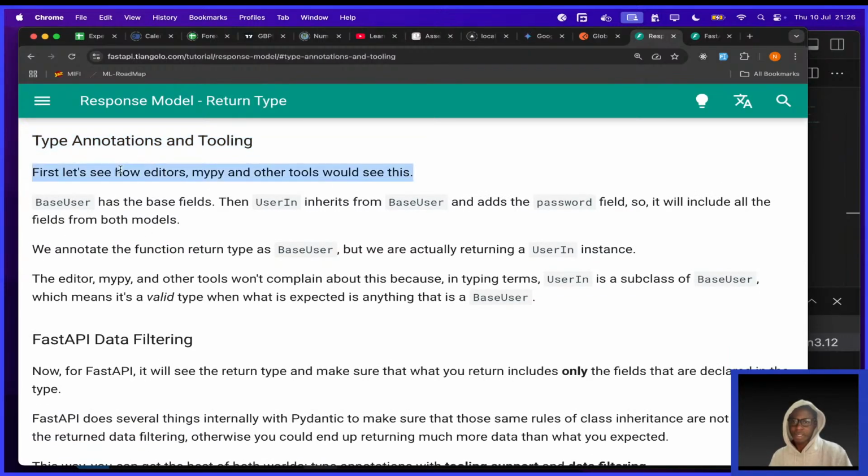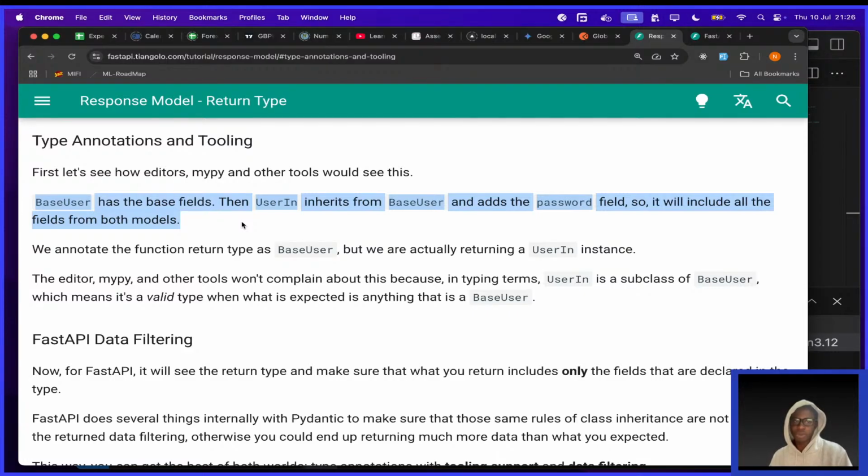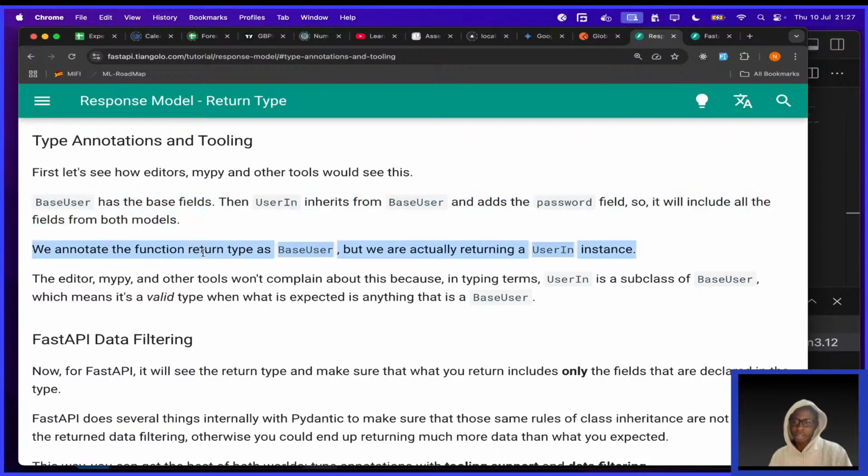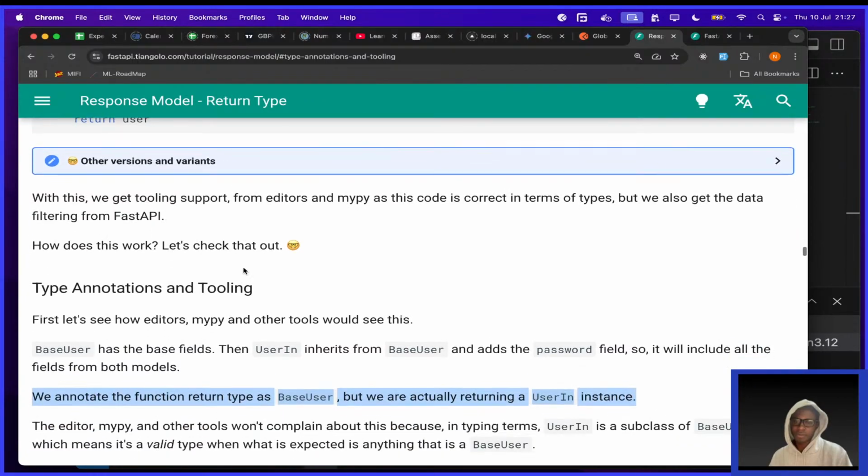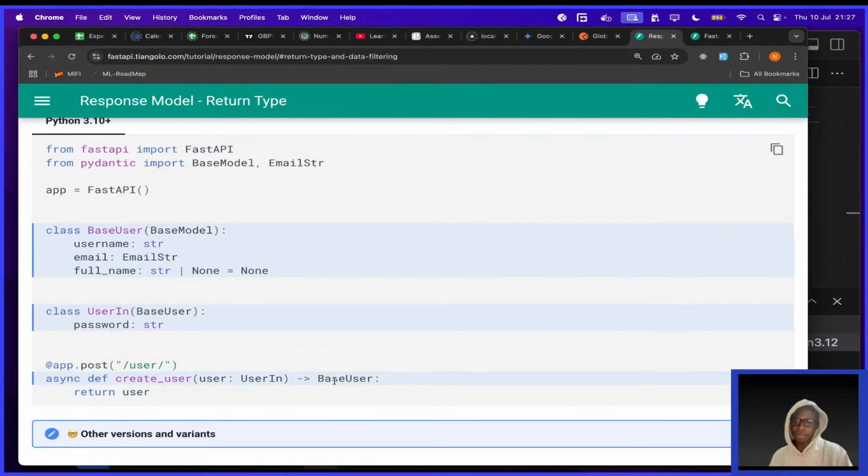First, let's see how editors and MyPy and other tools would see this. BaseUser has the base fields. Then UserIn inherits from BaseUser and adds the password field. So it will include all the fields from both models. Like we have seen, we annotate the function return type as BaseUser, but we are actually returning a UserIn instance. So the return type is BaseUser. Ideally it's a UserIn instance because they share the same user information, but in this case